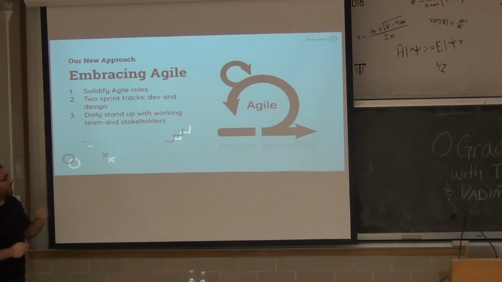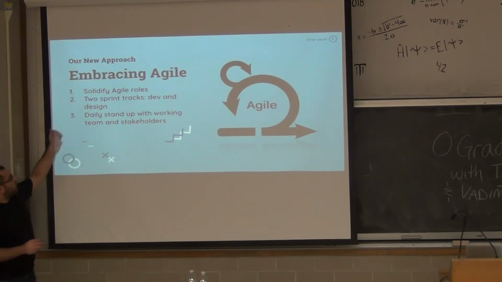So, embracing Agile. We spoke to this a little earlier. We solidified the roles. What's the PM doing? What are the designers doing? What are the devs doing? The reason we're highlighting this point is that this was a traditional waterfall organization. Putting this new form of methodology in place was very interesting for them, but I have to give them the utmost credit because they were very willing to embrace it and go over the challenges and the upsides with it that we went through.